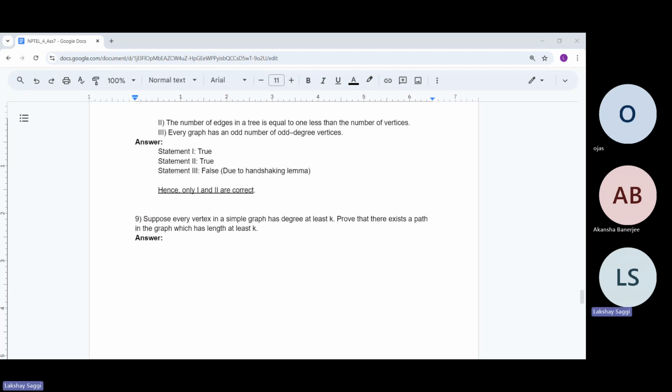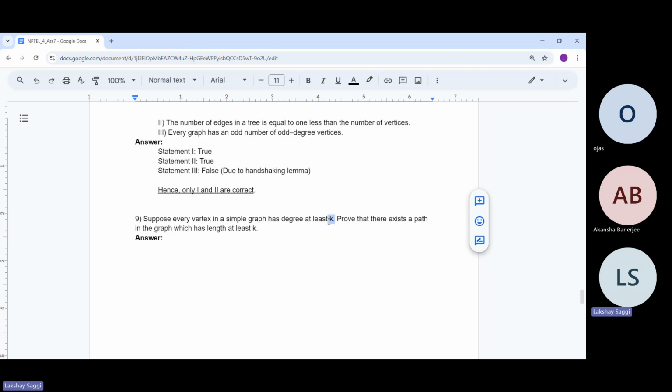It can be proved by induction. I think using induction might be somewhat difficult here. Like if you do induction on degree, then note that there can be a lot of vertices with degree at least k, right? Suppose we know that, yeah, like by induction, I think this will be a bit tricky, or at least I don't know a straightforward